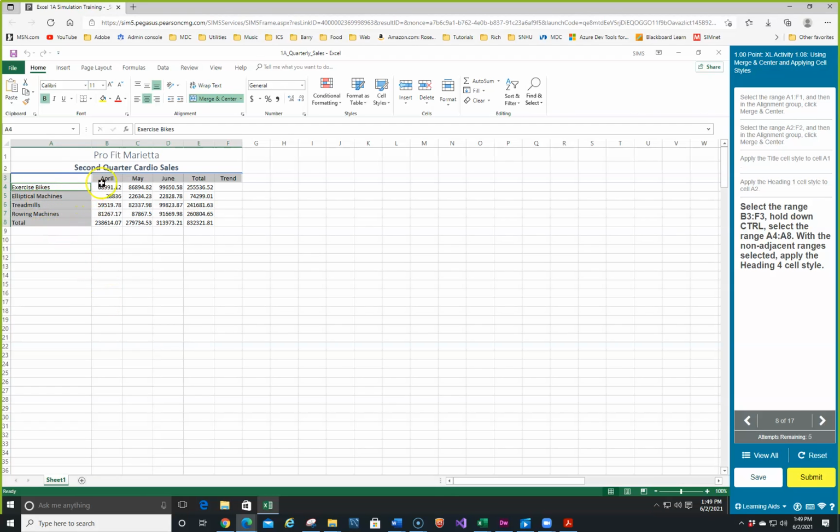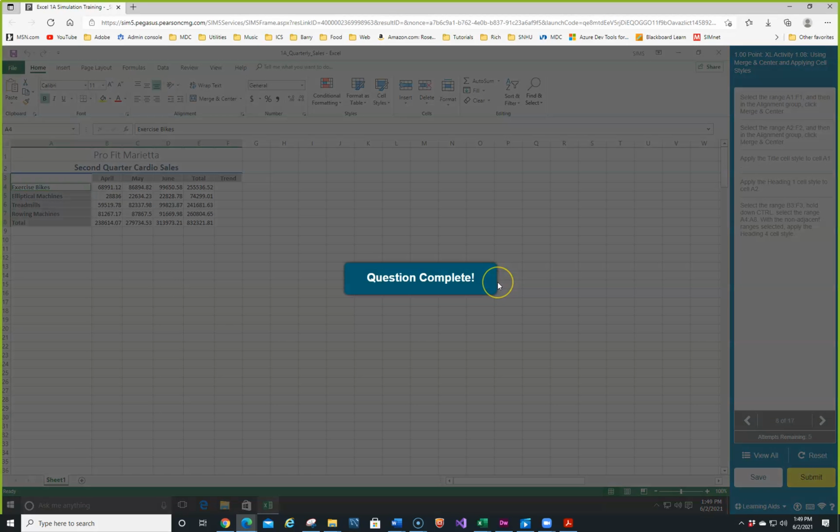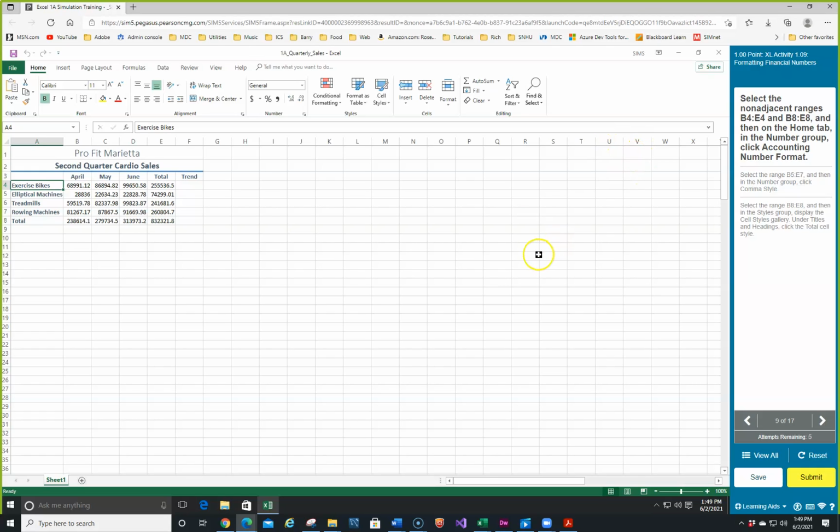So now you can see I have all of these selected here, and we want to do heading 4. So we'll go to cell styles and we'll do heading 4. So now we're going to do again in non-adjacent cells B4 to E4. So this is B4 to E4, and then B8 to E8. So we have B8. I'm holding the control key down to E8, and now we're going to do the